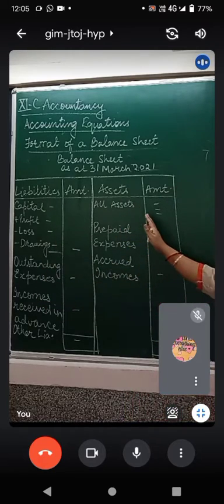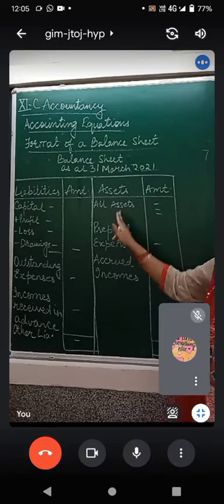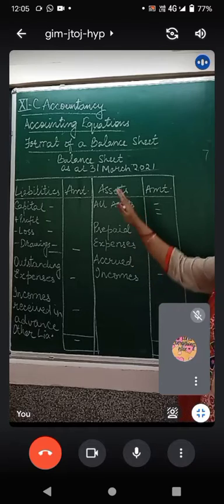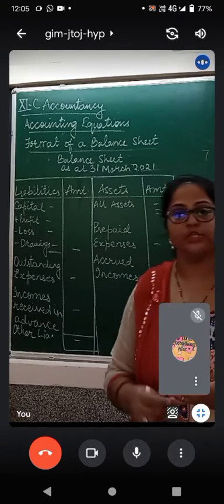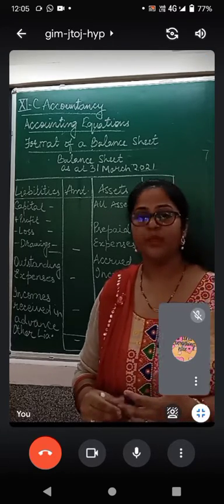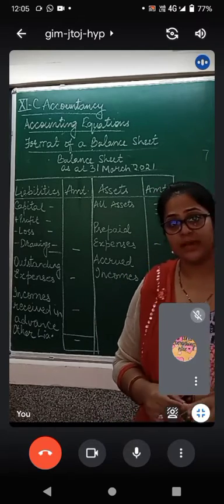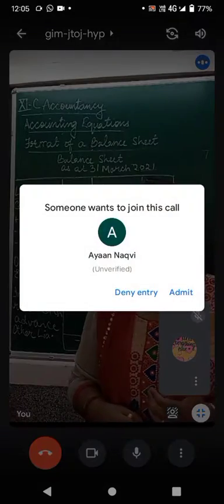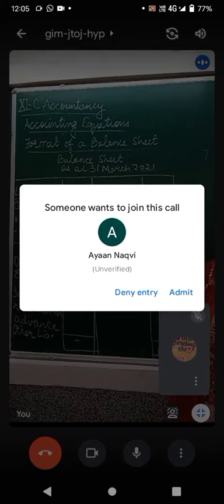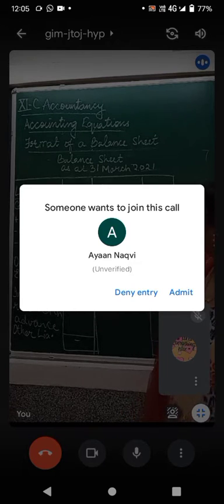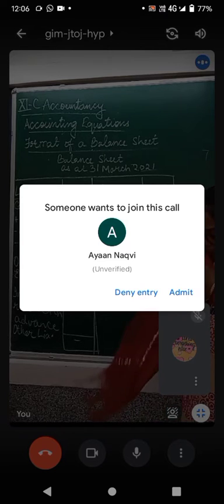Now let us come to the asset side. On the asset side, you write these three things, which means all assets. Now you don't have to find out what is all assets, but what all are assets? Furniture is an asset, plant and machinery is an asset, building is an asset, cash is an asset, stock is an asset, debtors are assets. If you have studied the chapter basic terms of accounting, you better know what all assets are. Remember, we had discussed there can be current assets and fixed assets. Then there are tangible and intangible assets. So all types of assets are included in the asset side.